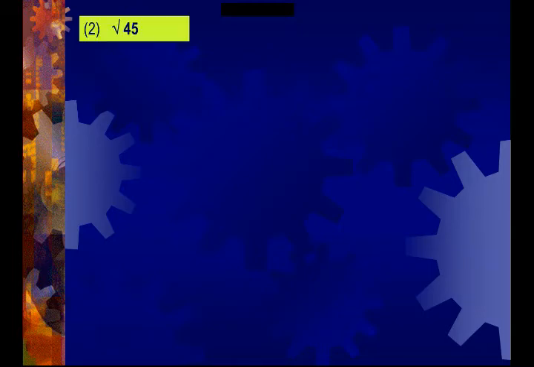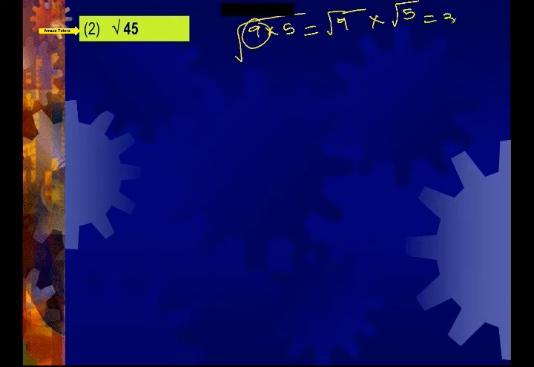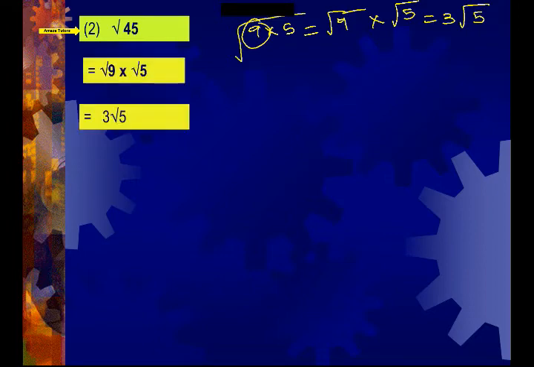Okay, let's go to the next concept. Next question, simplify square root of 45. Now, I can write this as 9 and 5, and 9 is a perfect square factor, and it has an exact square root. This can be written as square root of 9 times 5, square root of 9 times square root of 5. Now what is square root of 9? 3. So 3 root 5 should be the answer. See the steps? Square root of 9, square root of 5, 3 root 5.